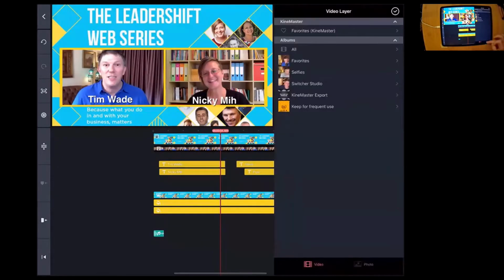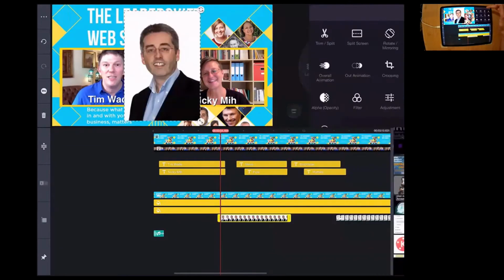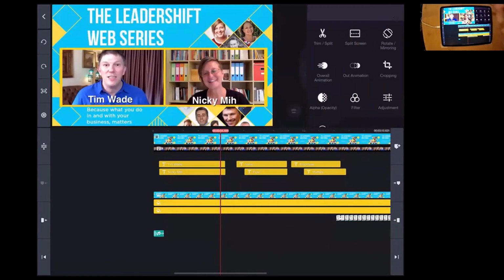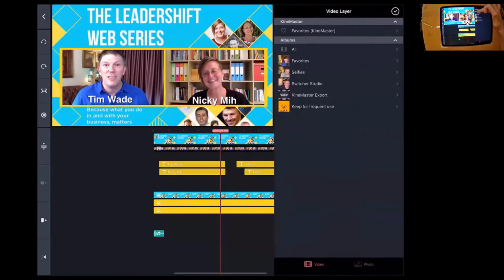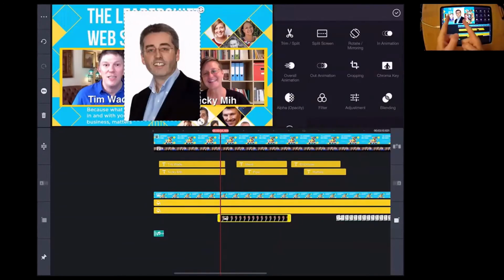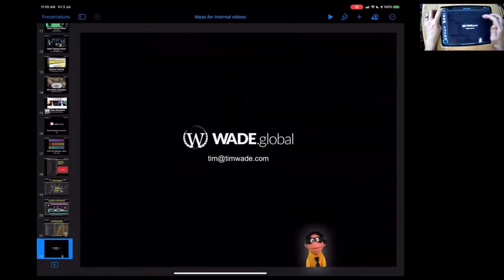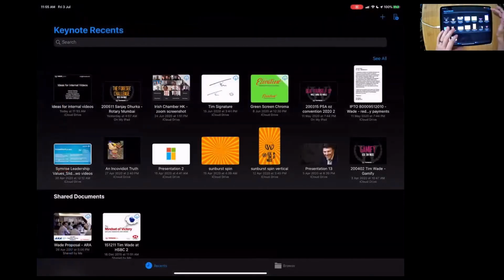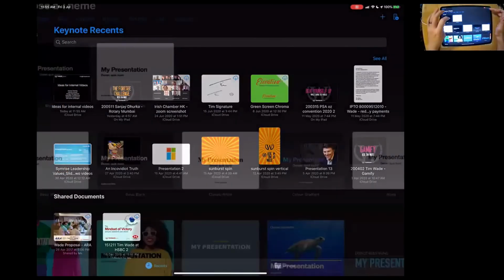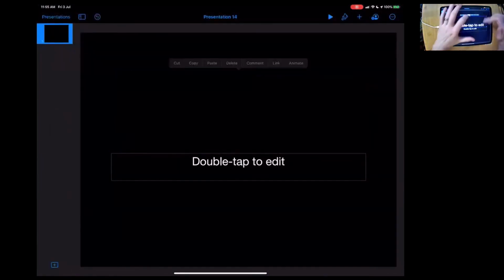Layer, media, photo. There's a picture of him with, let me try doing that first. That was that one. And now let me try doing the one I actually want. Oops, which is this one. Okay, I have experienced this before. Here's how I solve the problem. I'm going to open up Keynote. Presentations, new presentation, black background, doesn't really matter what color background. I'm going to delete that, delete this,